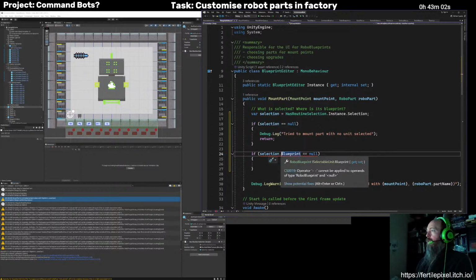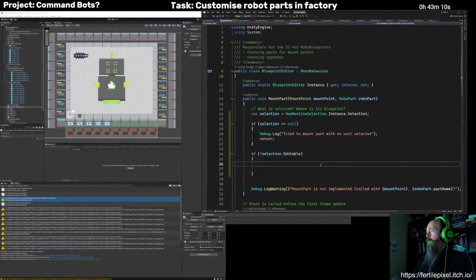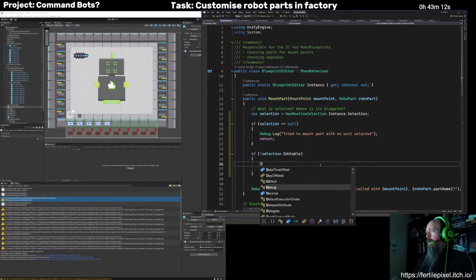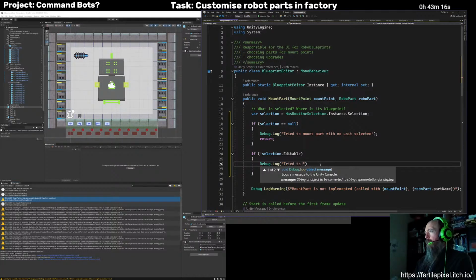But, oh yeah, that's right, so editable. If selection not editable, just do the same thing. Cool.